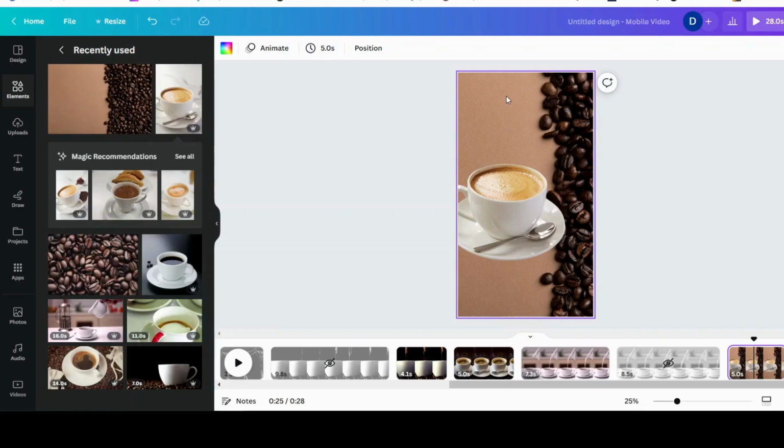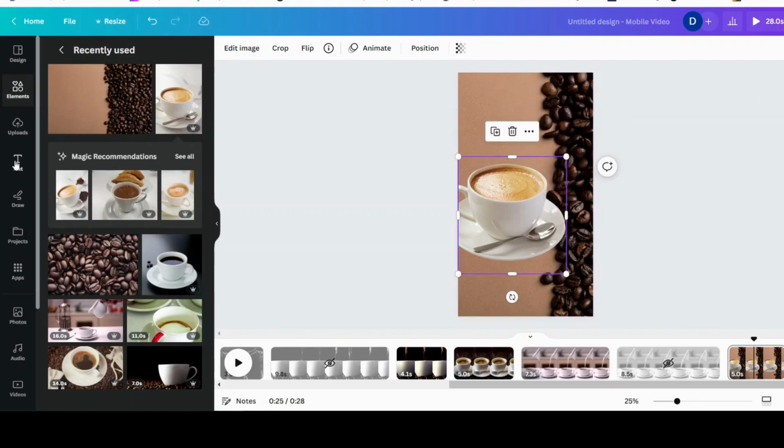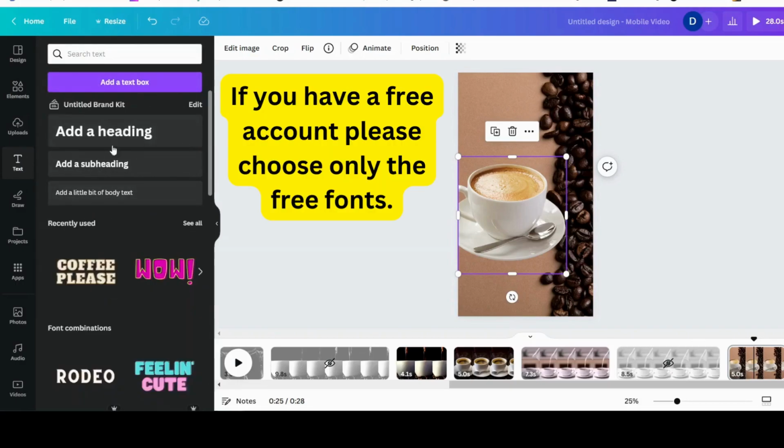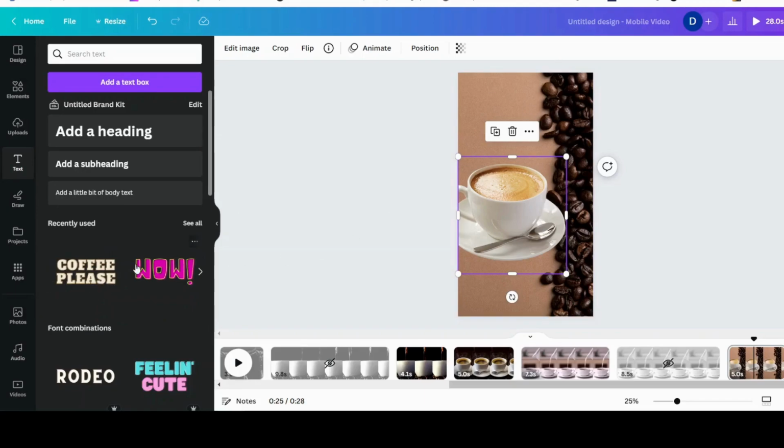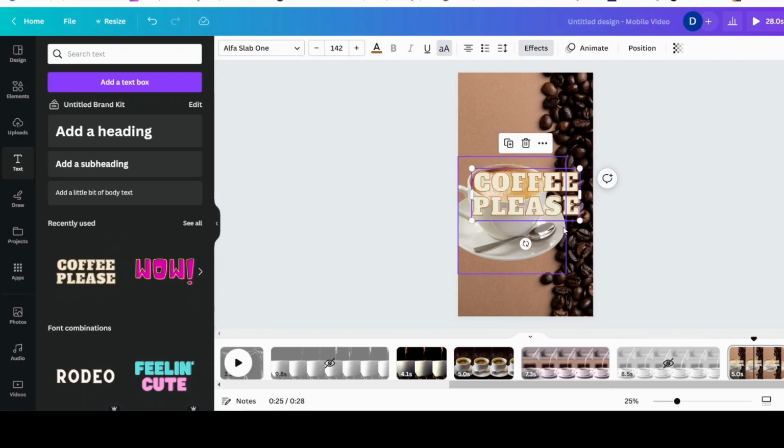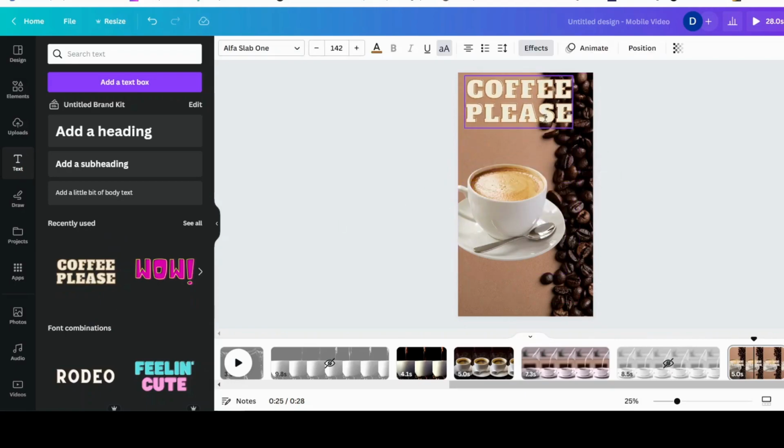Now, I added the word coffee anytime. So that's easy. Now let's just adjust this. So what you do is you go to text. Some of these are pro, so you can choose what you want to do. What I did was I clicked this one, just what I liked, and I just changed it. Coffee was the same, and I just changed it to anytime,